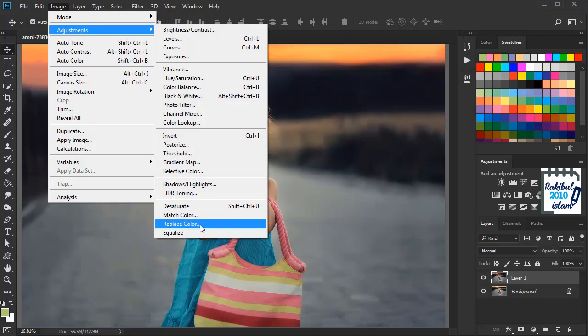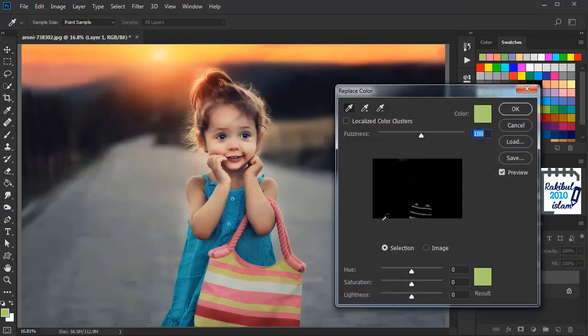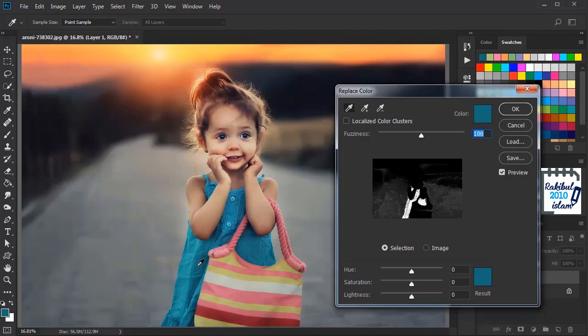replace color from here, and here we got this replace color box, and by default you can see this eyedropper is selected, and using this we have to sample the color. We will neither select this lighter part nor this darker areas, rather we will select this midpoint, and as soon as we click here you can see the selected color is in white, and we can also change this coverage